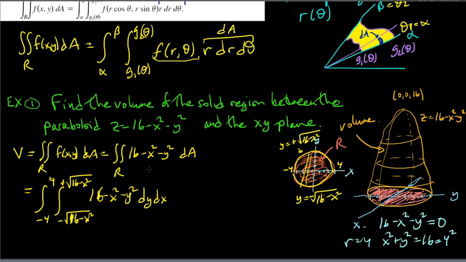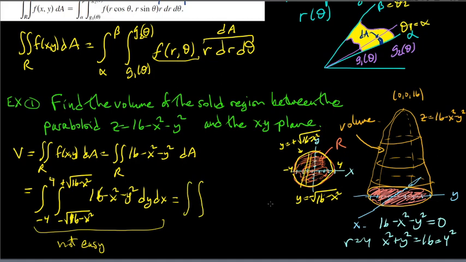So probably not the best way to do it, right? This is doable, but not easy. You really have to remember your techniques from Calc 2. It could be integration by parts, it could be a trig substitution, I don't know. But when you notice that the region here is just a disk, that tells me we should probably convert this